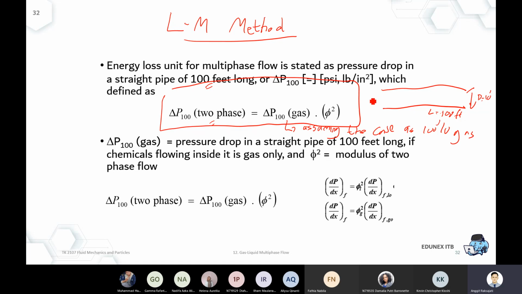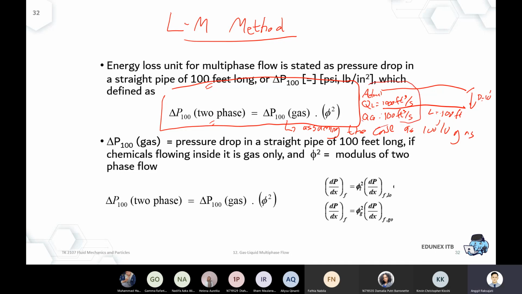The actual case is we have Q liquid as, for example, 1000 cubic feet per second, and the Q gas is 100 cubic feet per second. Okay, let's say that's the actual case,